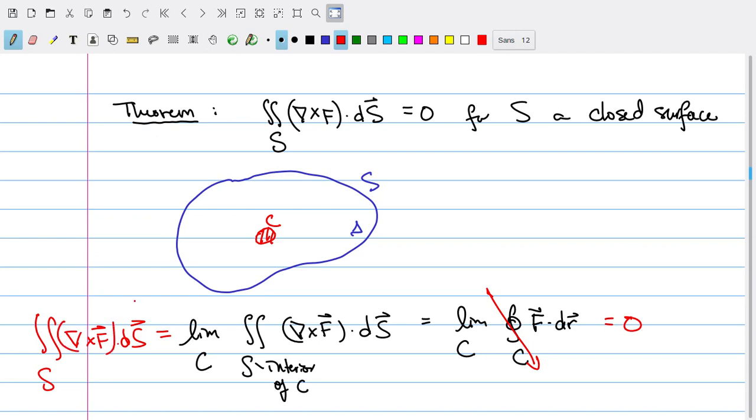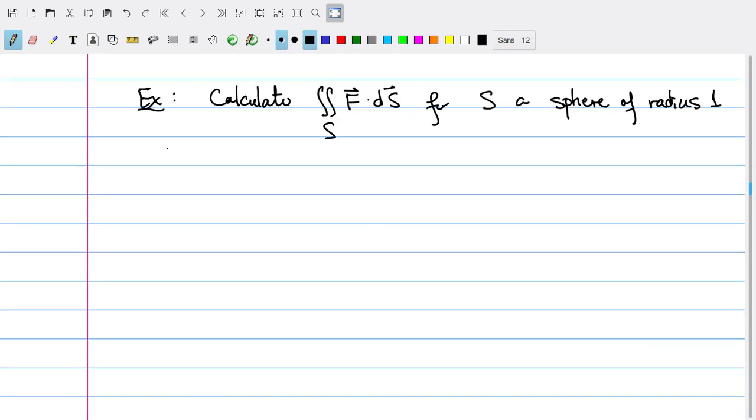So that's a really neat consequence of Stokes' theorem. If I already know that my vector field is the curl of something, then when I do a surface integral of that vector field, I'm just going to get 0. So for example, if I had the problem of calculating the surface integral of the vector field f, which is (0, 0, 2), over a sphere of radius 1, well, I can notice here